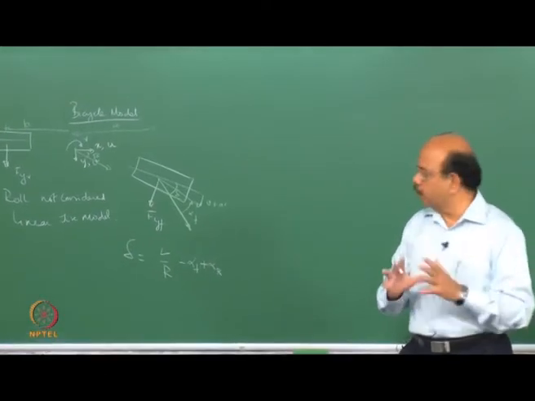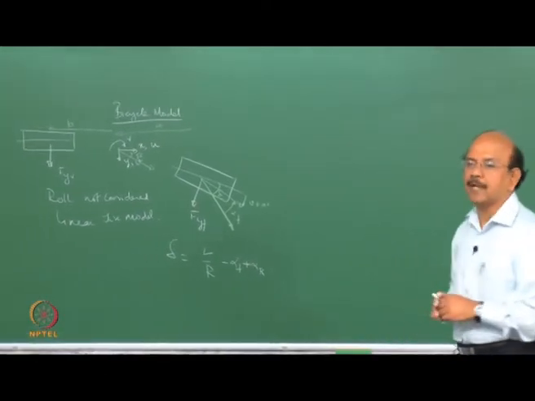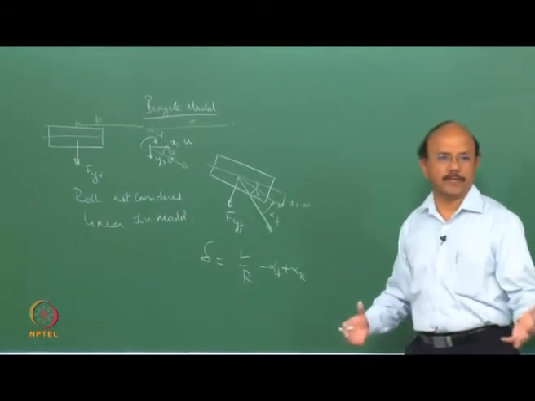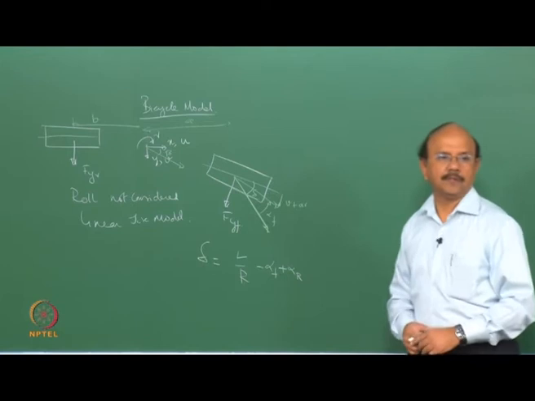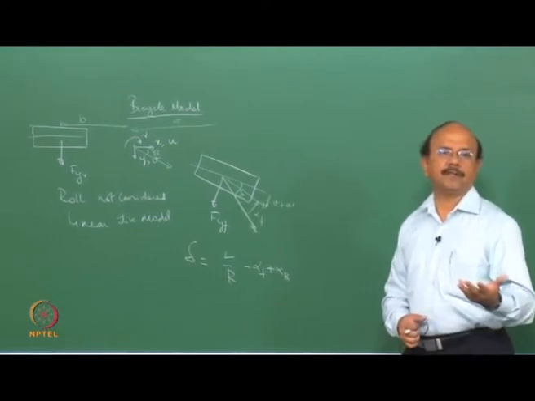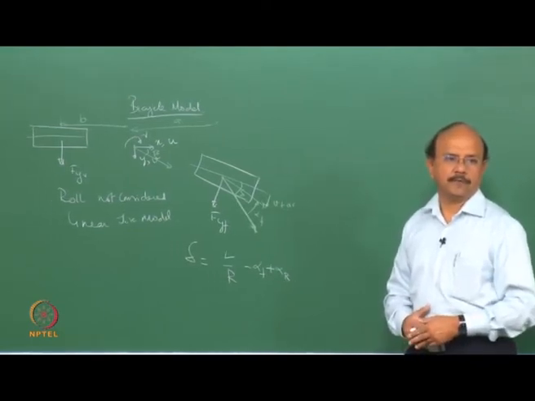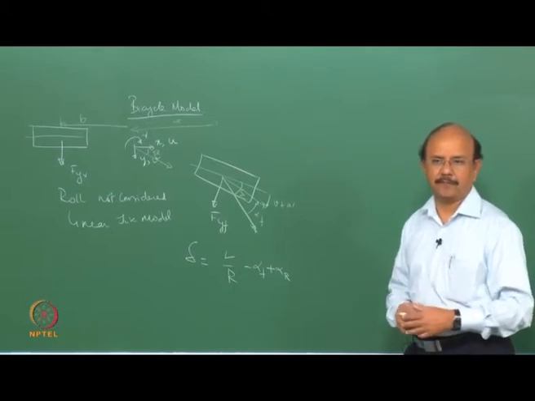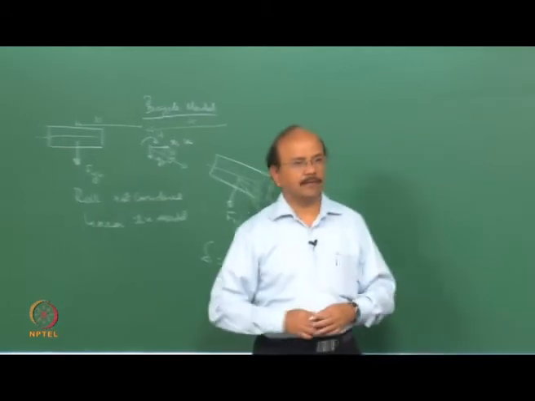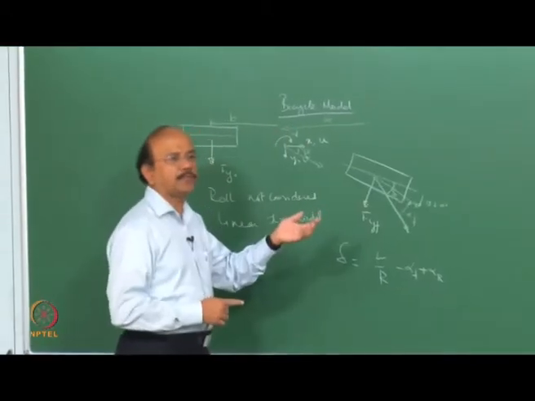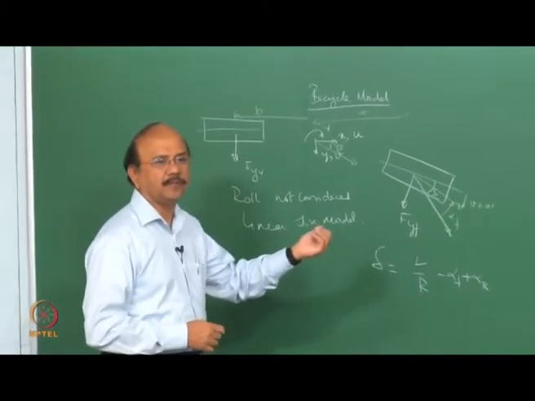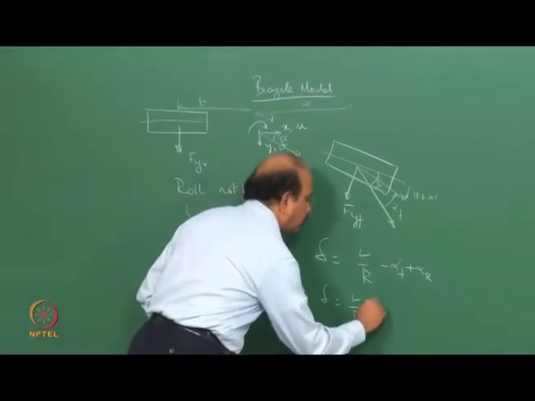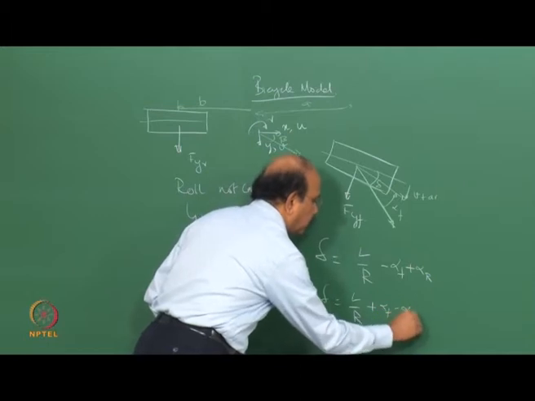There is a small confusion in this because there are textbooks which give this equation. For example, if you look at Carnap, vehicle stability, he gives this equation. If you look at Gillespie, he gives another equation. The equation is slightly different. And there are many other books which give the equation differently. So they write that as L by R plus alpha f minus alpha r.